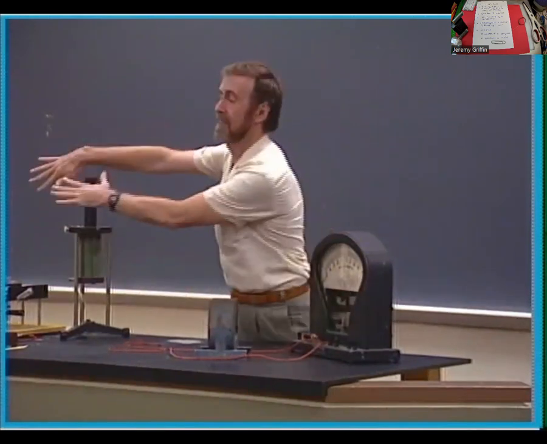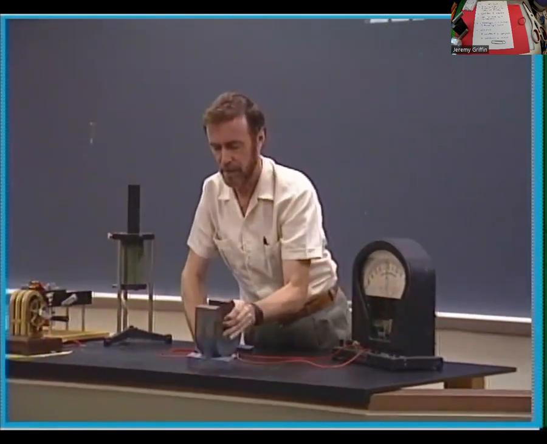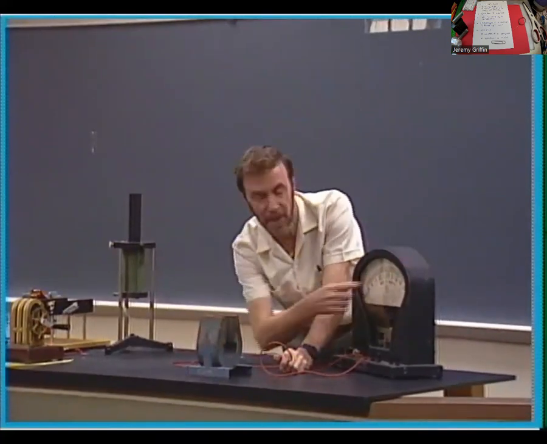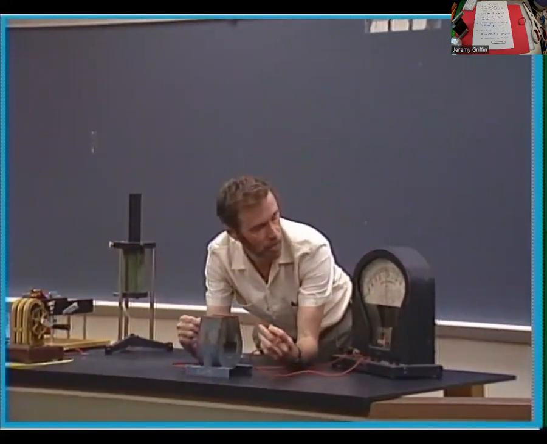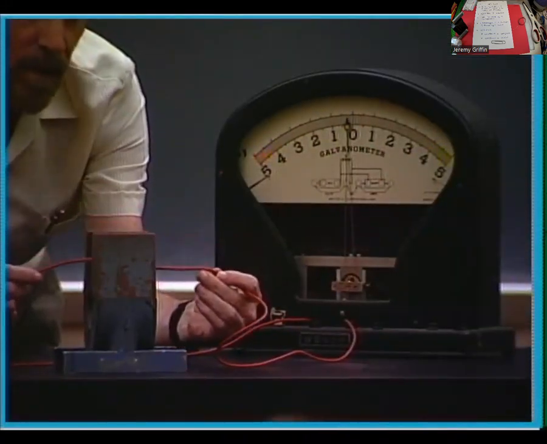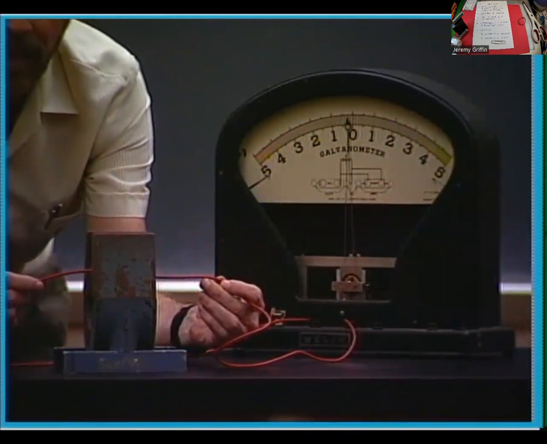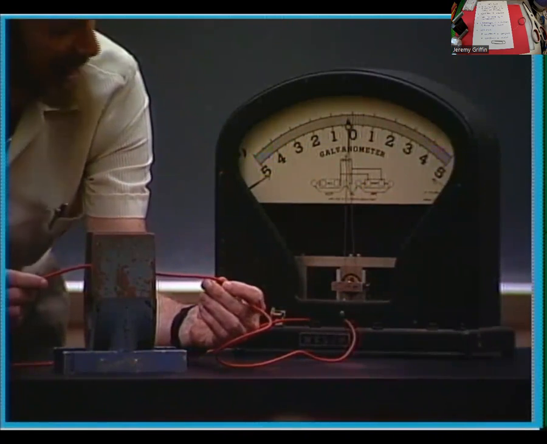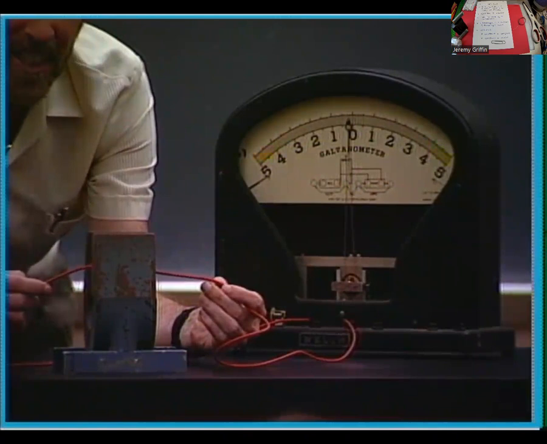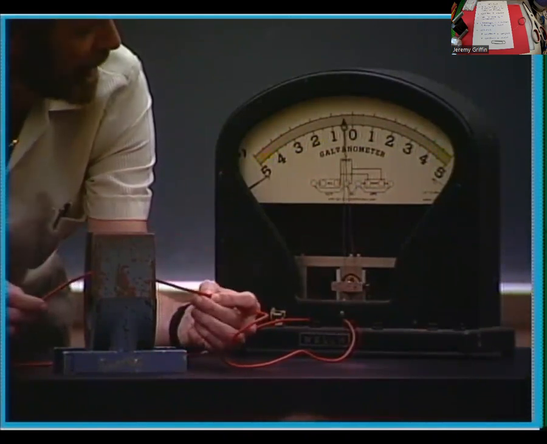No batteries over there again. No batteries, no tricks. Magnet, wire, meter. Watch this. You see anything? No. Faraday didn't see anything either. Okay. But watch this. Henry didn't see anything either, but watch this. Did you see something? Again.